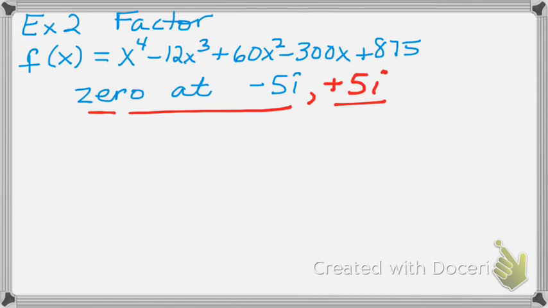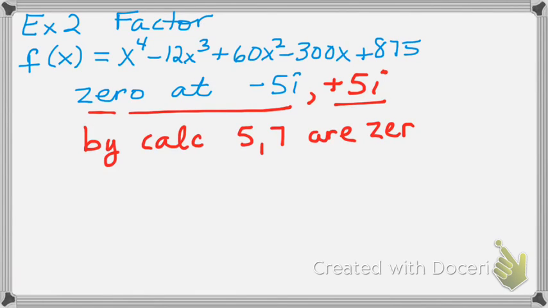Okay, so by the calculator, we find 5 and 7 are zeros. If you weren't sure, maybe it's showing up as a 4.99999, okay? If that were the case, then we could do synthetic division to verify that this is a 0. But if we're confident that the 5 and the 7 are right, and we already know these two,